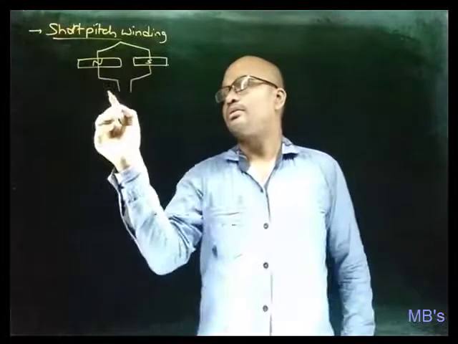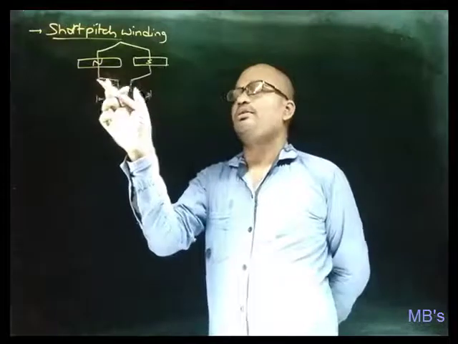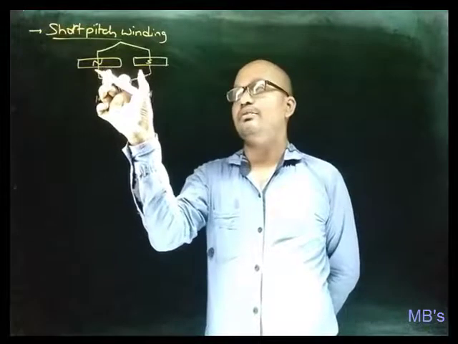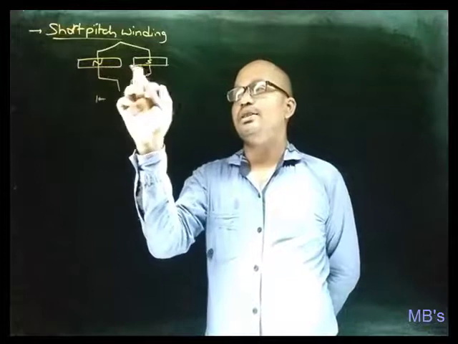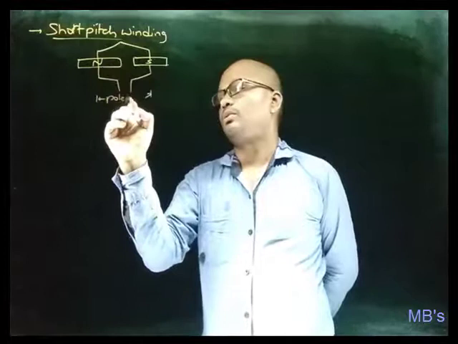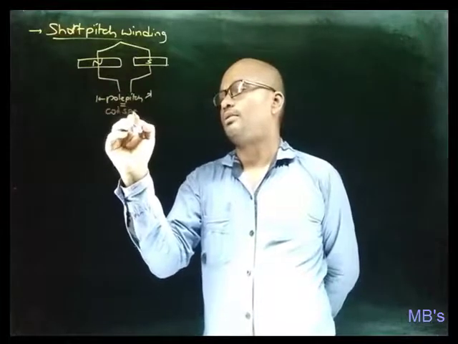This is said to be full pitch winding because here the coil span is equal to the peripheral distance between the two adjacent poles measured from center to center. Pole pitch is equal to coil span. But